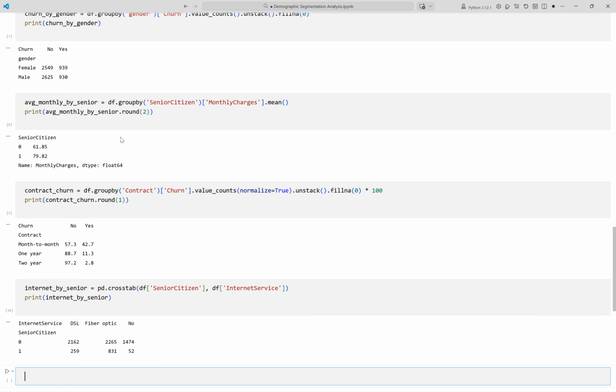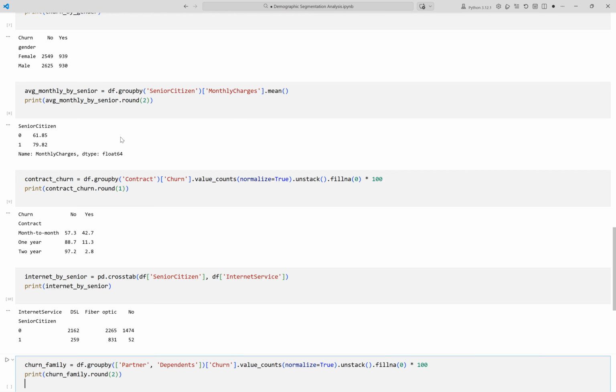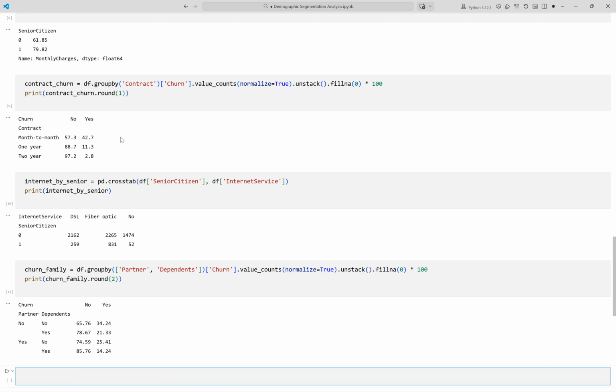We segment churn rates by both partner status and dependents. Multi-attribute segmentation uncovers specific risk groups. Running the cell now. This output shows the percentage of customers who churned or stayed, segmented by whether they have a partner and dependents. Notice how having dependents or a partner is associated with lower churn rates, highlighting how demographic